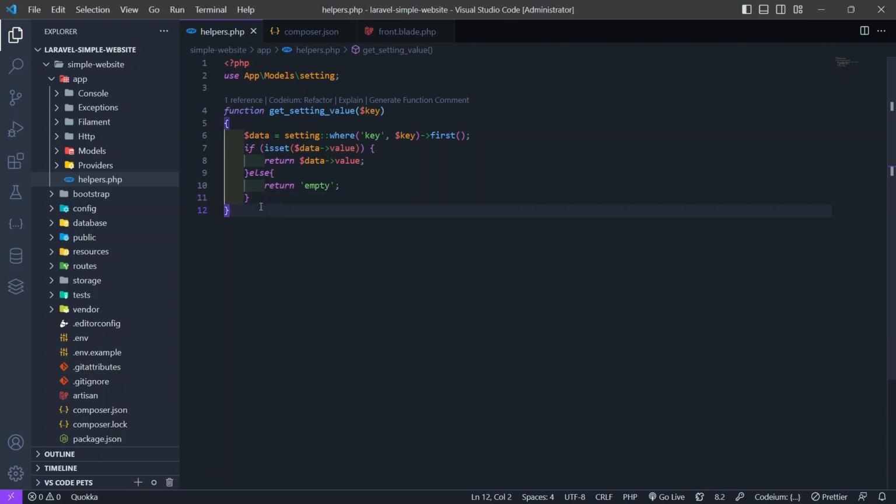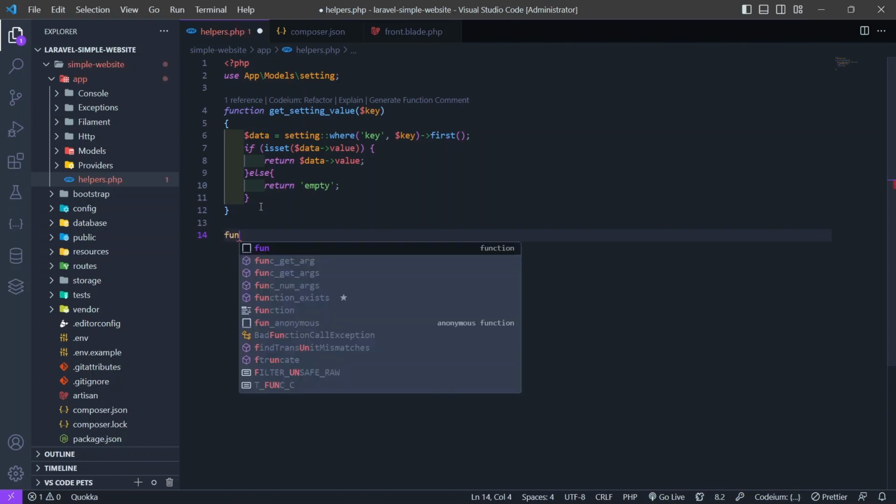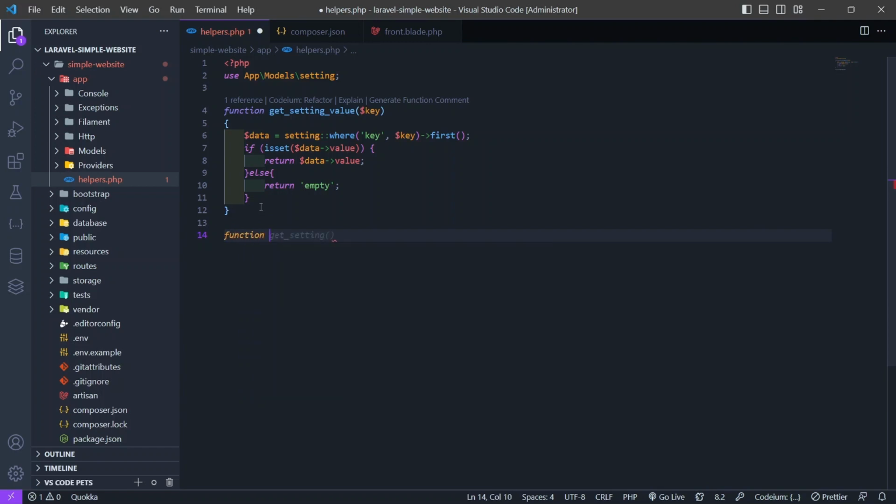So here below the function get setting value, we need one more function, which is function get section data, key, from key, and then